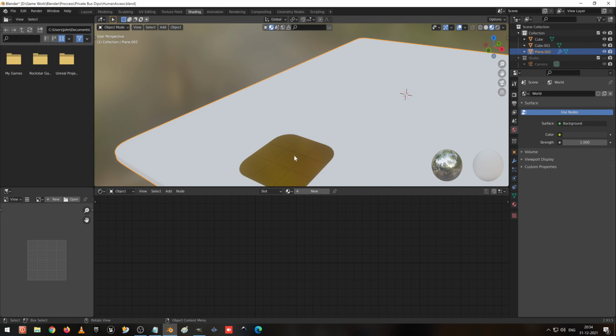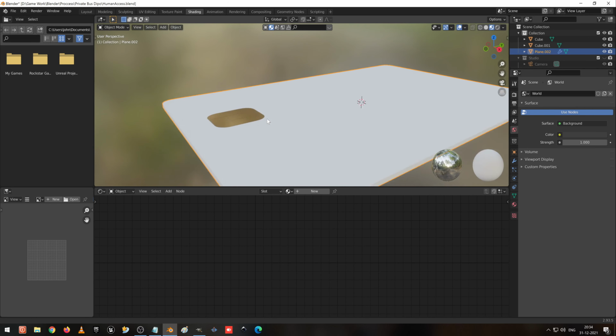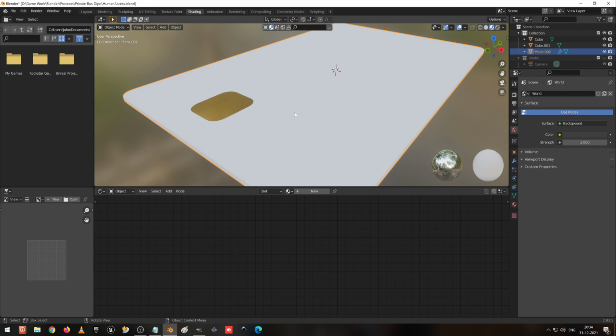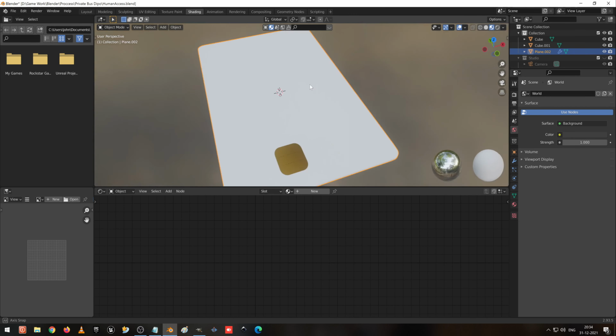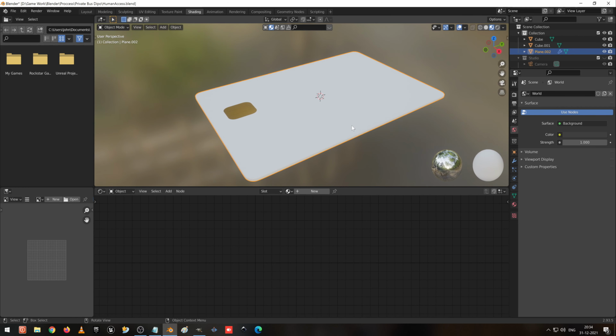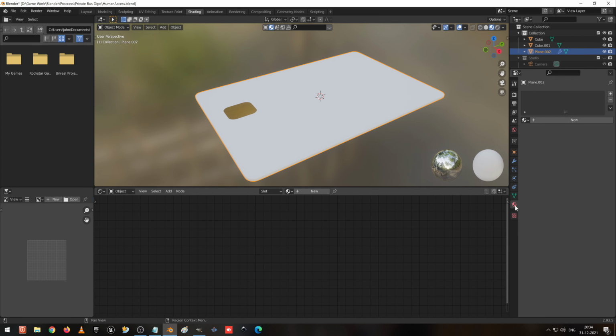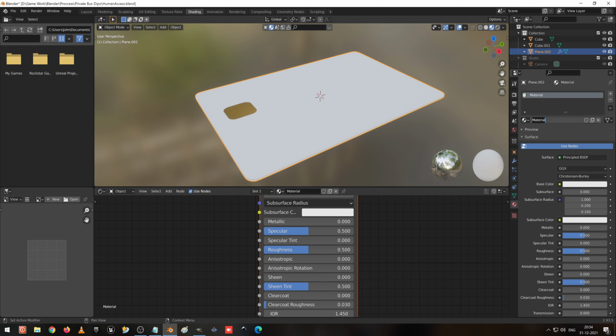Yeah, okay, while we zoom only we come to know in this angle how it looks. Okay, fine. So now in this what I am going to do is I am going to add a slot. Already we have added. I am going to select this and create a new, make it as card texture.